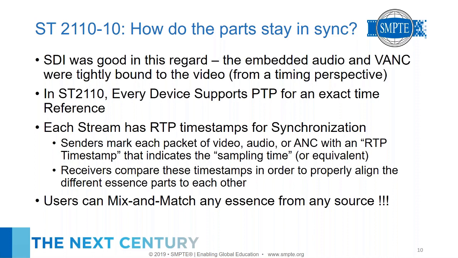2110-21 probably could have been part of 2110-20, except that we wanted to have it as a standalone document for a variety of practical reasons. It kind of adds on to -20 in that it describes the traffic pattern on the network. It's one thing to make video and throw it on the network, but 2110-21 says you have to send it smoothly. You can't send a whole frame's worth of packets and then go silent for the rest of the frame time, things like that.